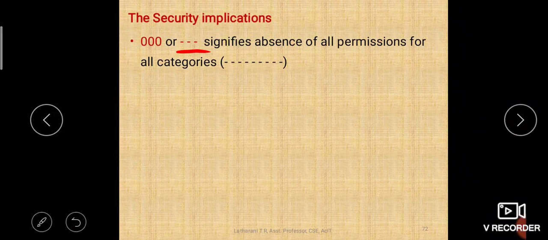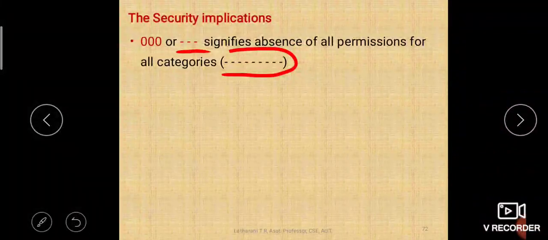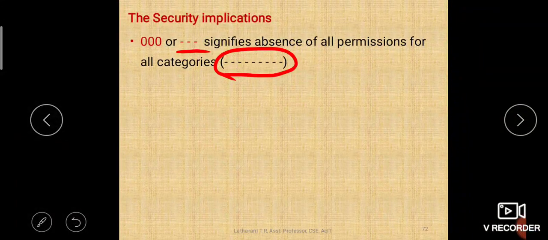It represents dash dash dash, absence of all permissions for all categories of users. So your permission string will look like this, no permissions at all for any category of users. So the file becomes virtually useless.